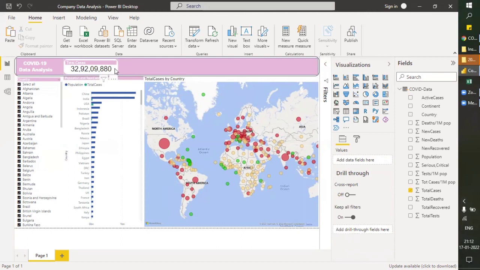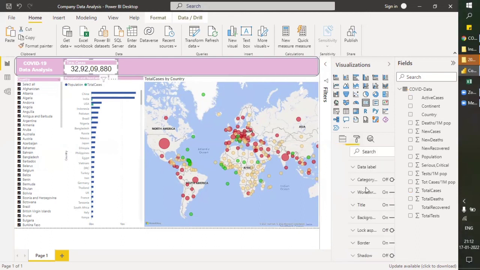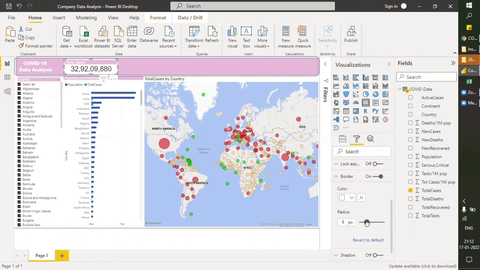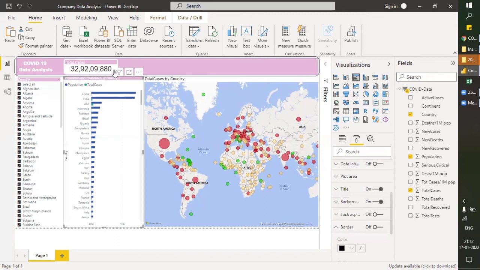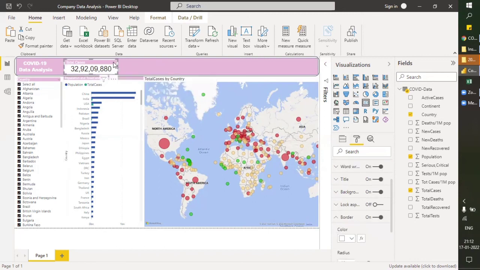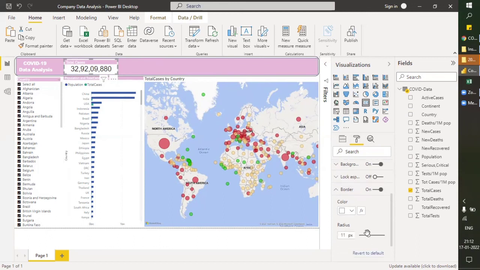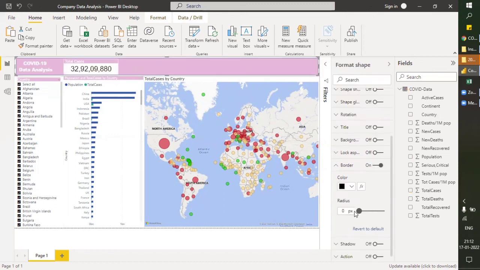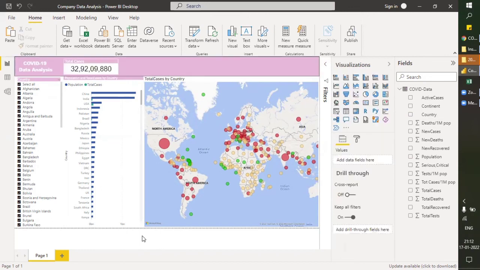Border one, let's make it 10. That's better. Okay, let's remove the radius completely. This is not looking fine. For this also, let's remove the radius. Yeah, this is fine.